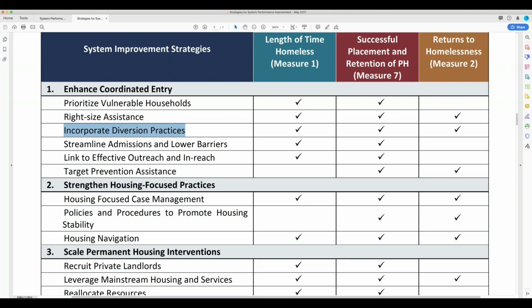Okay, incorporating diversion. This is something that I know we already have to some degree in coordinated entry with 211 and their screeners or call specialists, and probably at the drop-in centers, talking to folks who are in crisis. But do you have to come to the emergency shelter or go to OTA? Is there nowhere else or no one else that can assist? How do we do that? And does that have an impact? Can we measure trying different diversion strategies? And we're only going to be able to do that if we have a coordinated entry.